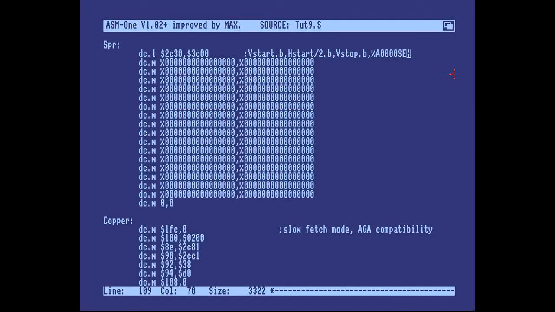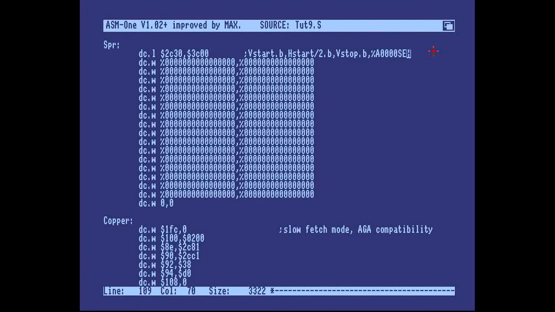This bit is worth 1, this bit is worth 2, this bit is worth 4. That's all you need to know to solve this little mathematical puzzle. And what these letters mean is start, end, and horizontal. So bit number 2, the third least significant bit, is the 9th bit of the vertical start position. The next bit is the 9th bit of the vertical stop position, and the H bit is the least significant bit